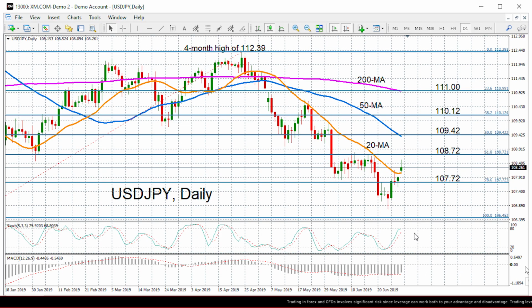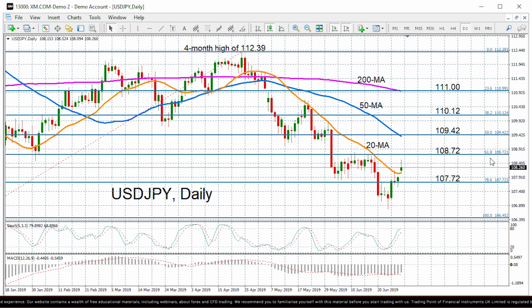We can see it's looking fairly bullish in the short term. Stochastics are pointing outwards and nearing overbought levels. The MACD, on the other hand, although the histogram is above its red signal line, has some way to go before reaching positive territory, and that can also be shown in the price action, which is still way below the 50-day moving average. Though prices did manage to break above the 20-day moving average, the nearest resistance, if the positive momentum continues, is